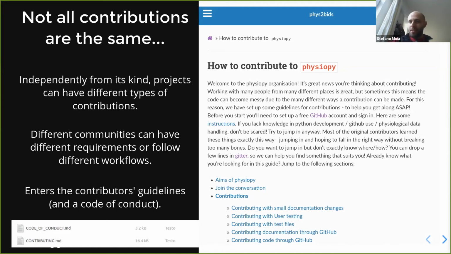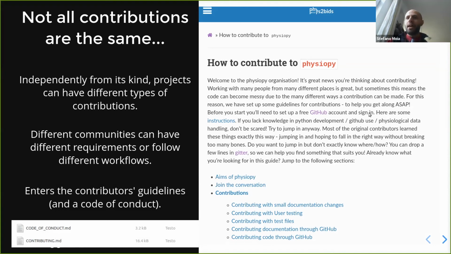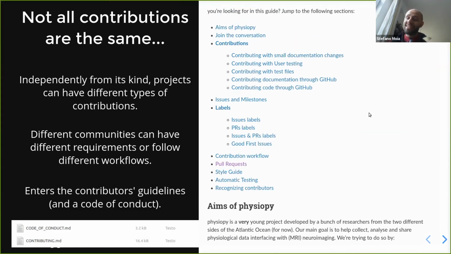That's why normally in repositories themselves or in documentation related to the repositories, you have something called a contributors guideline. A contributors guideline is literally just a text that will tell you what the community is normally doing. And together with the contributors guideline, you will find a code of conduct, which is an important file that people put there because they want development and communities to grow in a stable way, in full respect of each other. So that's something else to have a look at and consider when you're working with somebody.